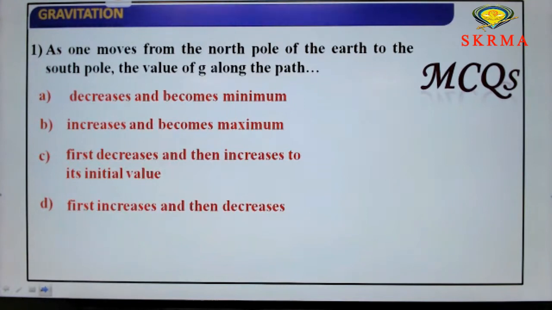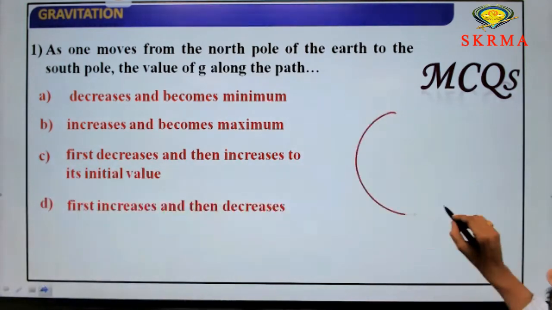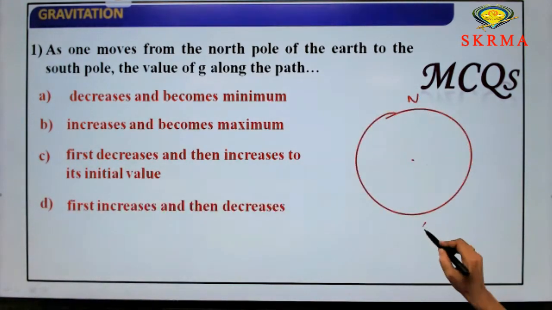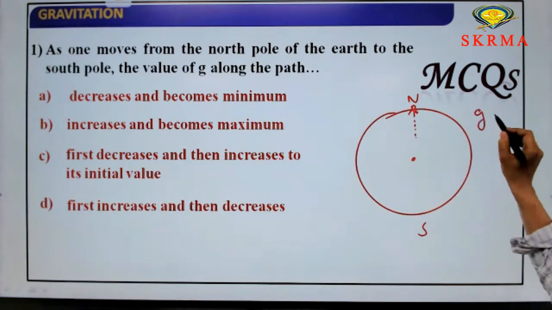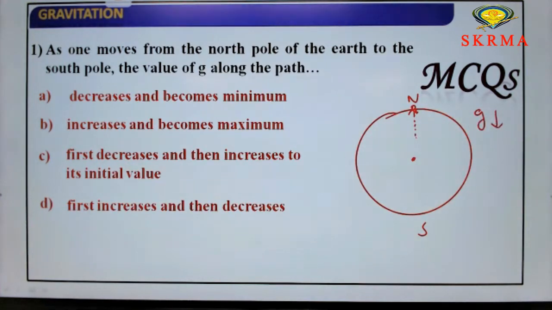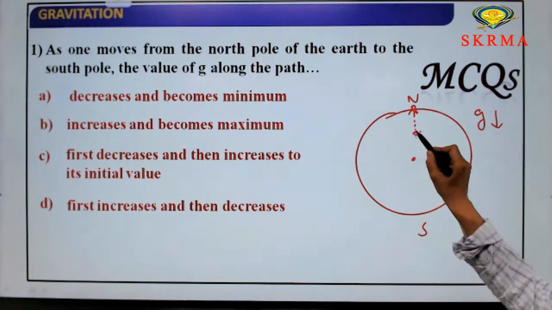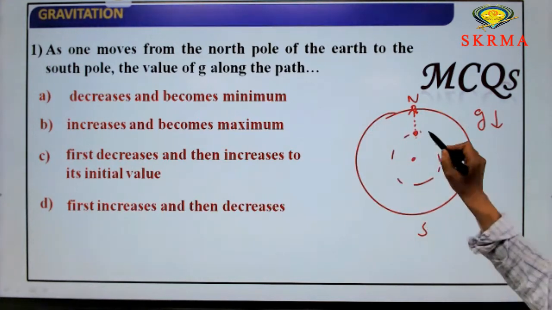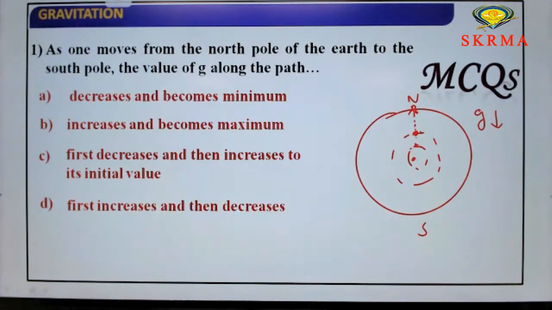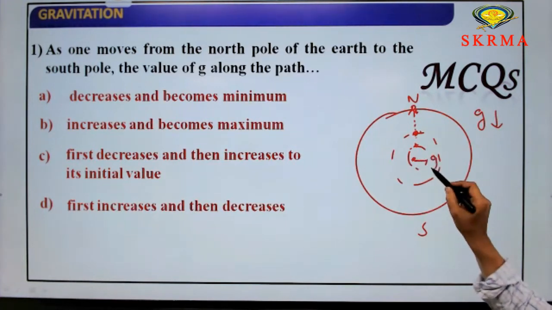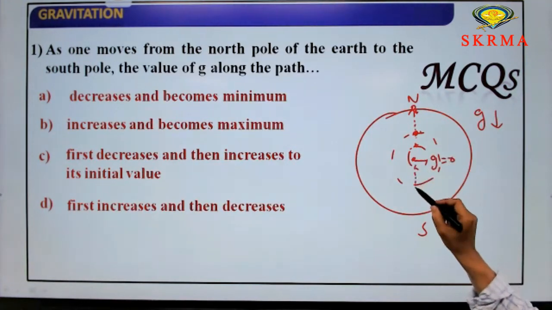As one moves from the north pole of Earth to the south pole, how does the value of G change along the path? North pole to south pole means in this fashion. This is the north pole and this is the south pole. As a person moves towards the center of Earth, G decreases. If a person is standing here, consider gravity due to this part only. At the center, G is equal to 0. Again, as he moves like this, the gravity again